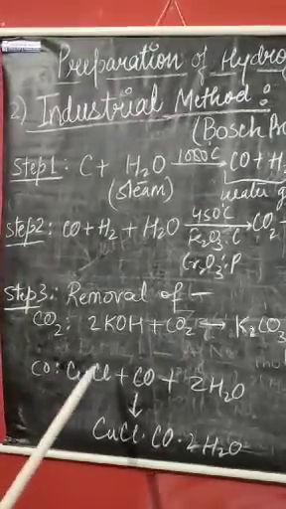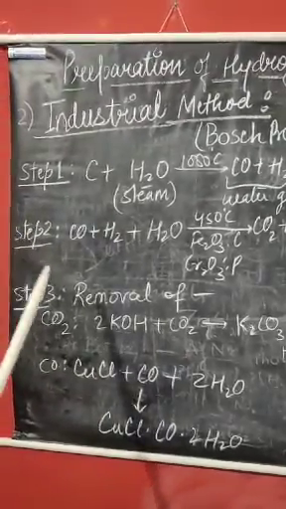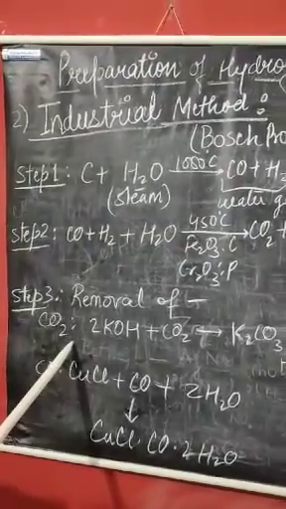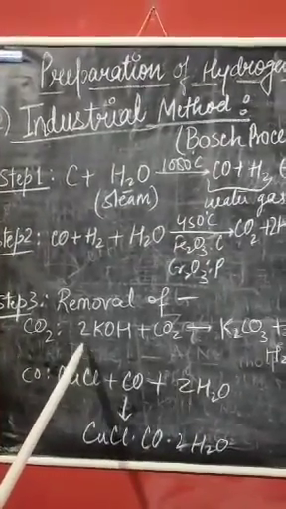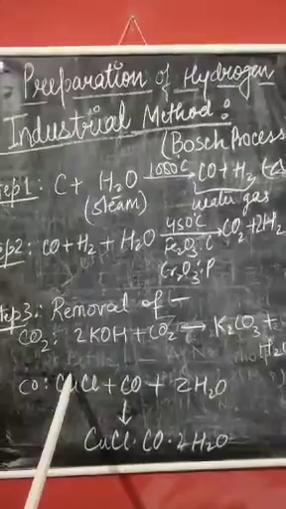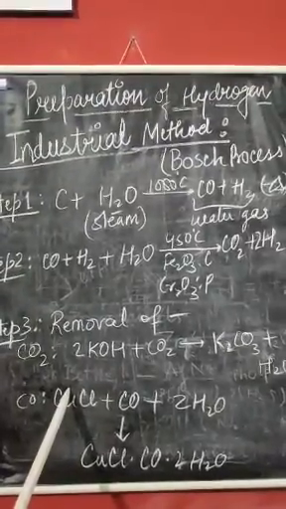Now children, next is what is test. Suppose you get hydrogen gas and you have to test it. First you have to go through the color, odor and density. So hydrogen gas is colorless, odorless, and it will be lighter than air.